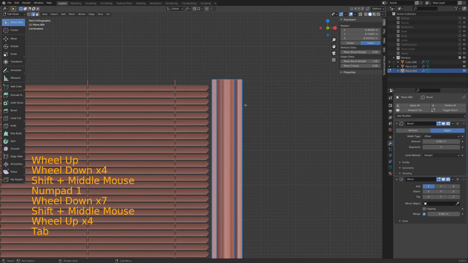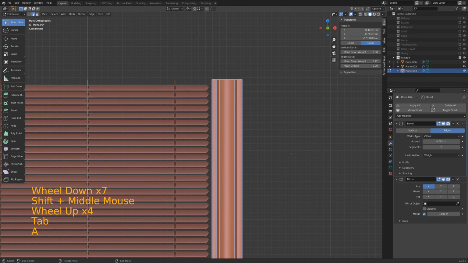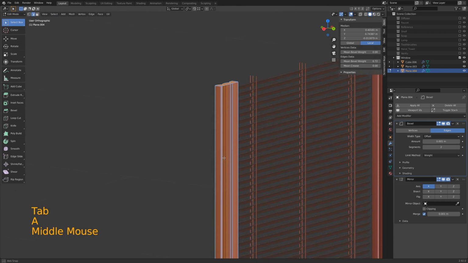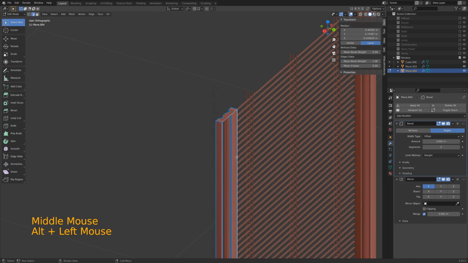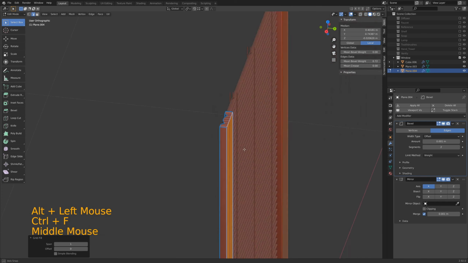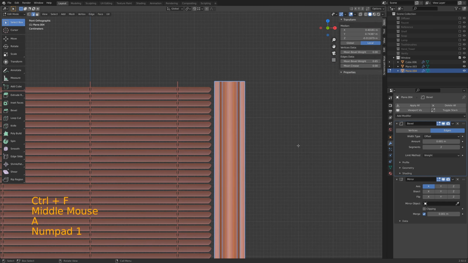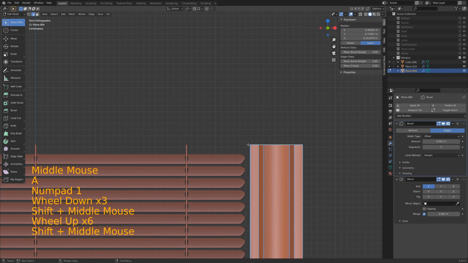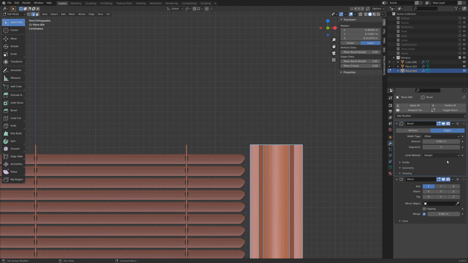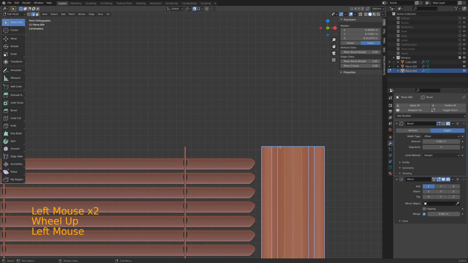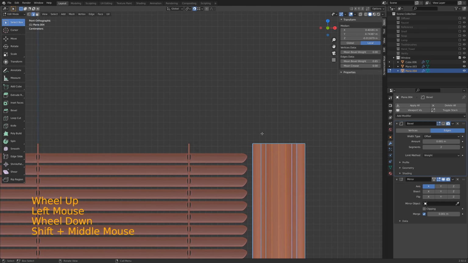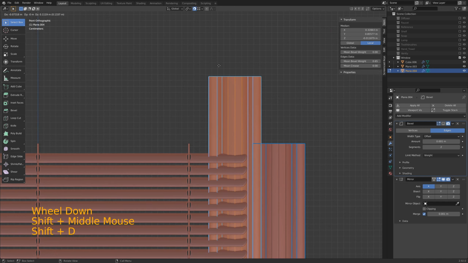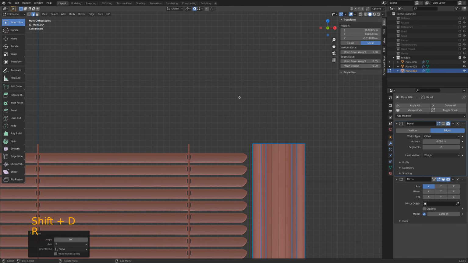Alright, now back in edit mode, we want to select everything. No. Fill the back first. Control F, grid fill. Now we'll select everything. Now make sure you're in front view, and let's turn off our bevel just for the time being, because we want to enable snapping and we don't want it to be snapping to imaginary vertices. So Shift D, rotate 90 degrees,